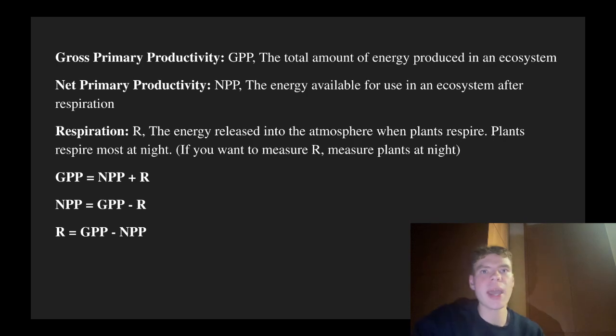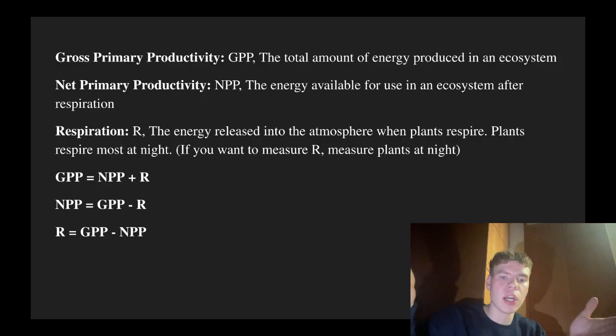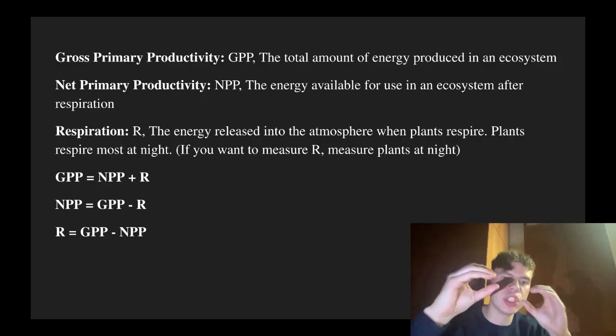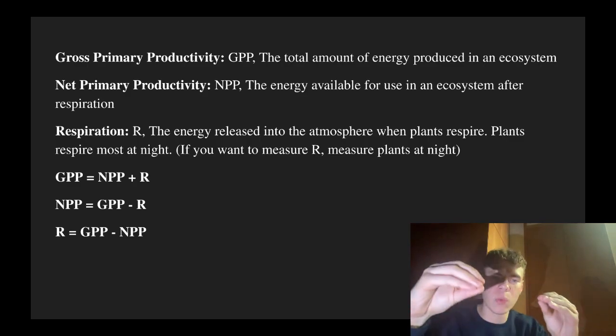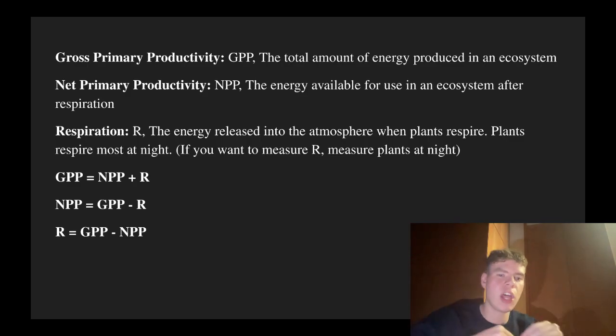If, say, an environment has 1,200 joules of energy and plants respire 200 of that, then the net amount of energy still available in the environment afterwards is going to be 1,000 joules available for use by other organisms, right? So if you look at these equations here that you probably need to know, if you get a calculation, it might ask you,